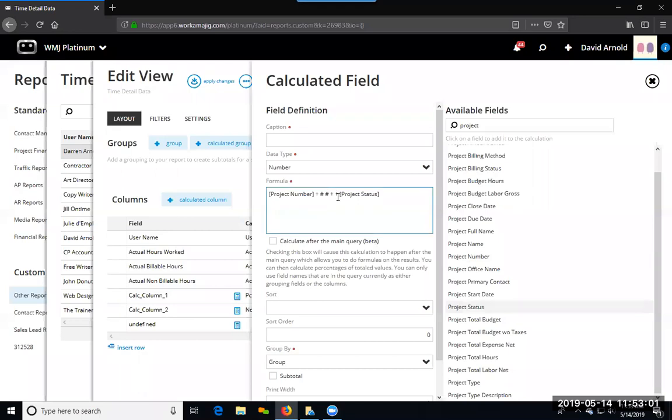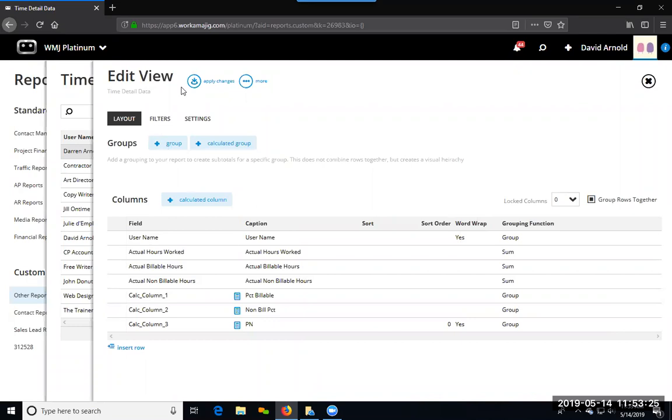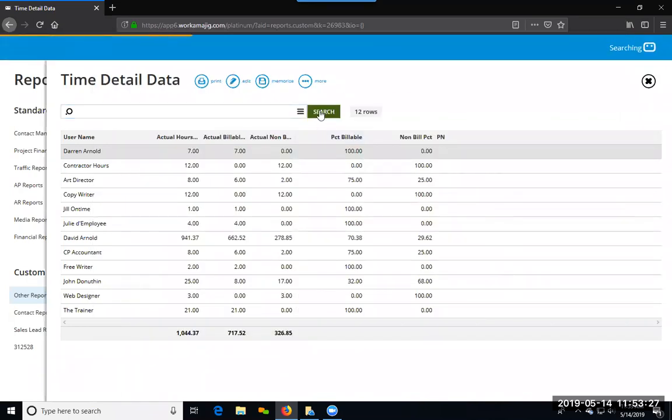Now this is going to make this report break out to be very large, and I probably wouldn't use this in this one. But again, here I am. I want this, and then a dash in between them. So this is the way I'm putting two fields together, and I'm just going to call it project PN for now. This is actually going to be a text field, and I'm going to group it. So now when I save it and apply it and search it,